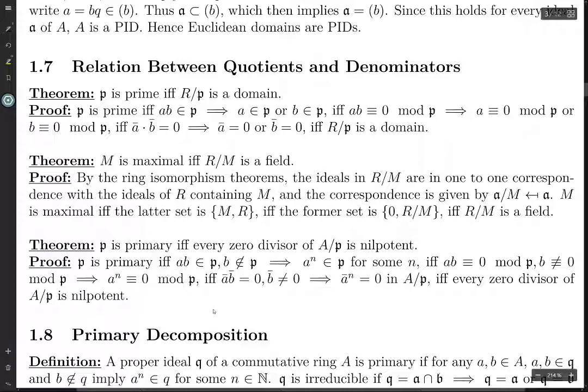So why are these two things equivalent again? So if you've got a bar and b bar, if the product of a bar and b bar is 0 and b bar is not 0, then either